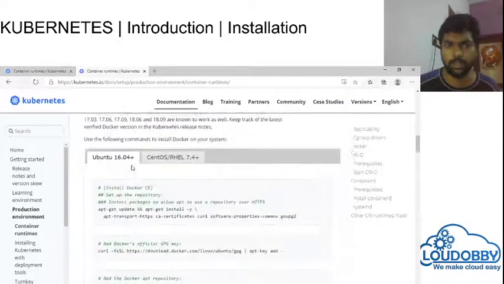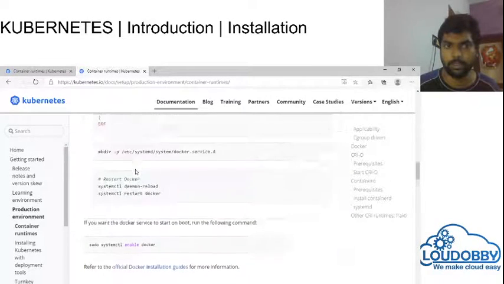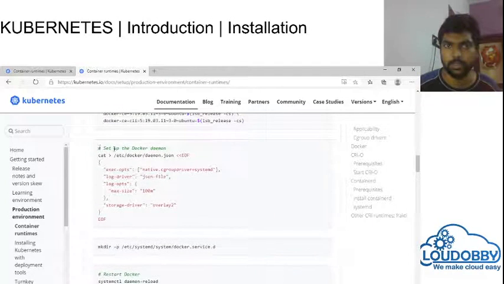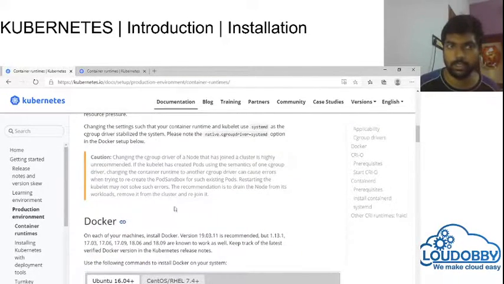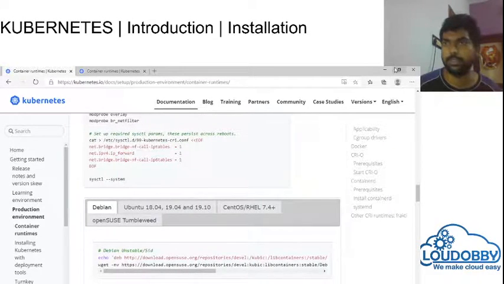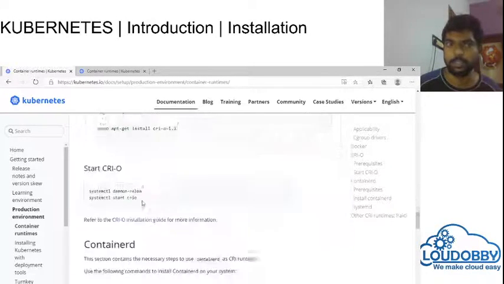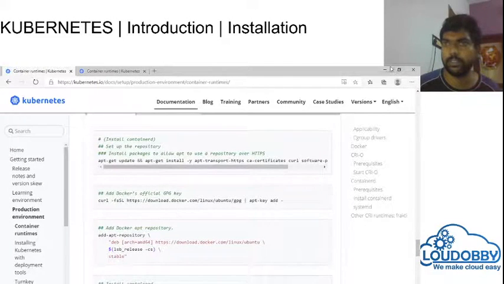If you see here, I found some important Kubernetes settings, to set the native cgroup driver as systemd. This is what I have tried. I think this also refers to the same site. So yeah, we have done it.